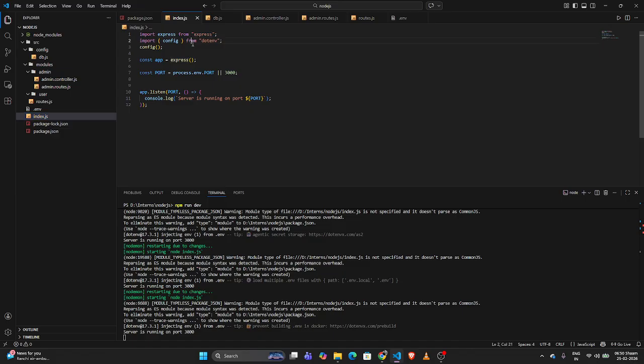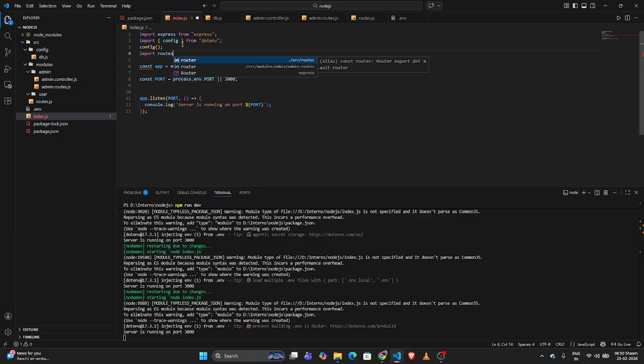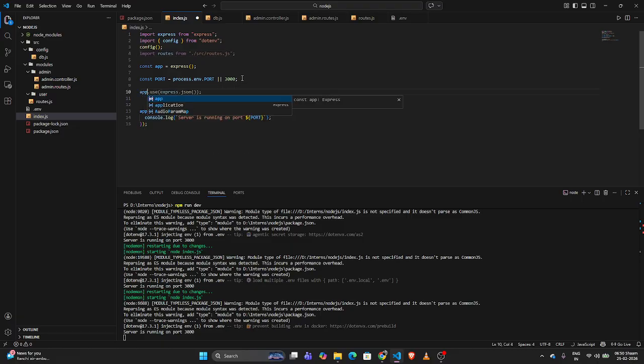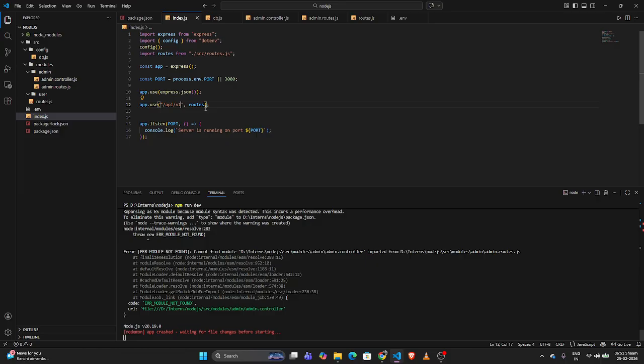So we'll import routes from src route.js. Okay, and we'll just make it like app.use in Express.js. So app.use is the middleware function. We'll go about middleware also. This middleware works whenever we are making any API call. Right now we mostly make use of Vue. So whenever you are creating anything, okay,